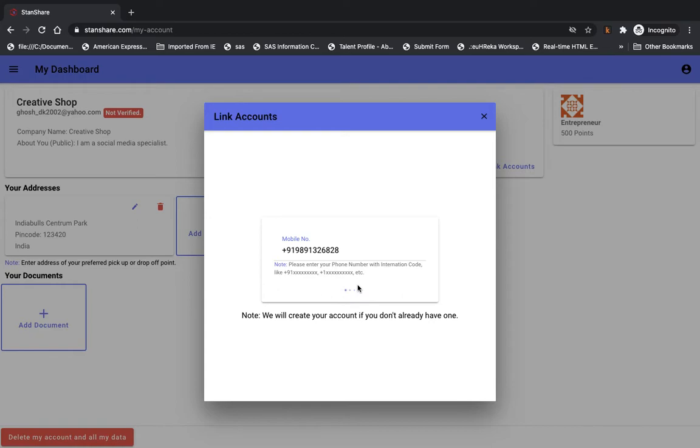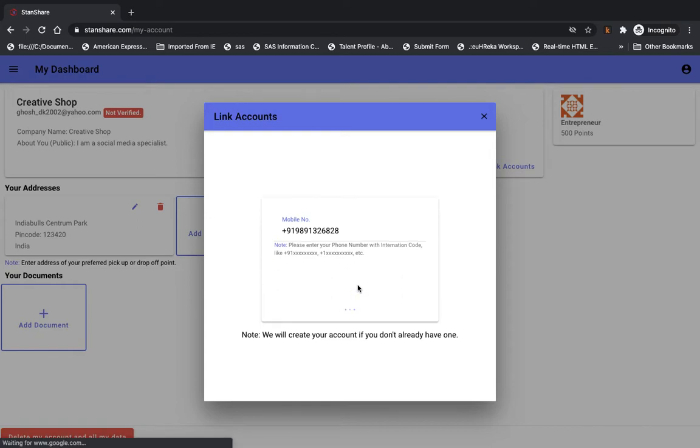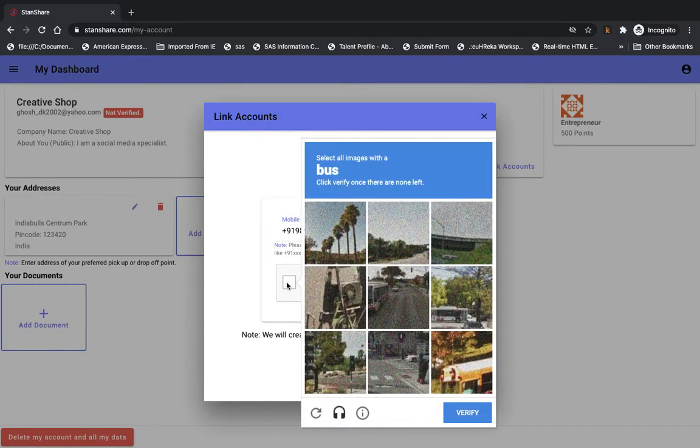I click on proceed. What this is going to do is check if I'm a robot, and I'm sure that it's not something new for you because you keep getting this, and this is very important to keep robotic listings off the platform and make it more secure. So I click on I'm not a bot. All right, it didn't trust me, so it will ask me to look for the buses. So let me look for the buses here.